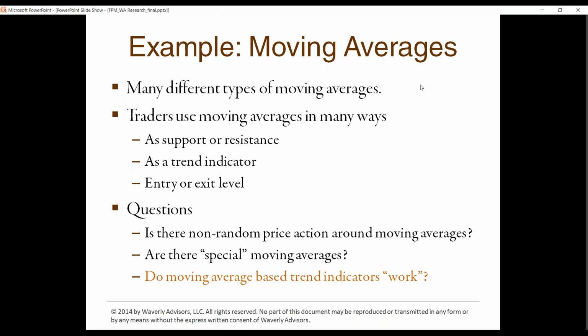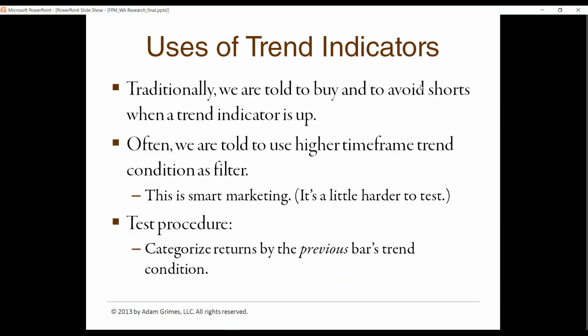To drill down just a little bit deeper, let's look at moving averages as trend indicators. And a lot of people do this. If you've done much reading or research on technical analysis, you know this is a common technique. We're given some indicator that signals a trend, and we're told to buy, or certainly to avoid shorts, when the trend is up. You heard that before? Of course you've heard that before. Only look to short when the trend is down.